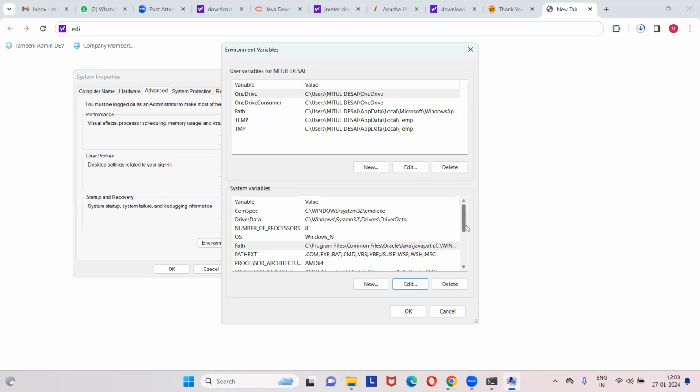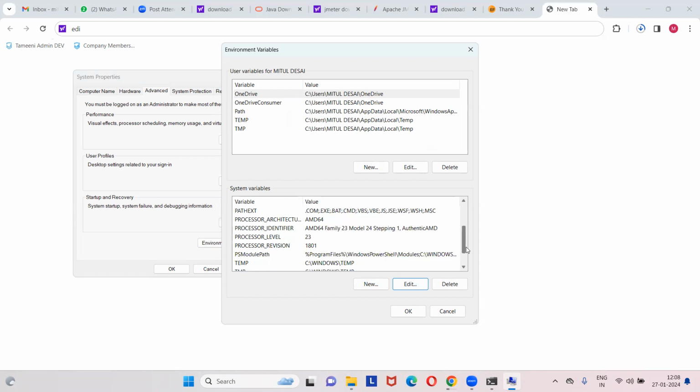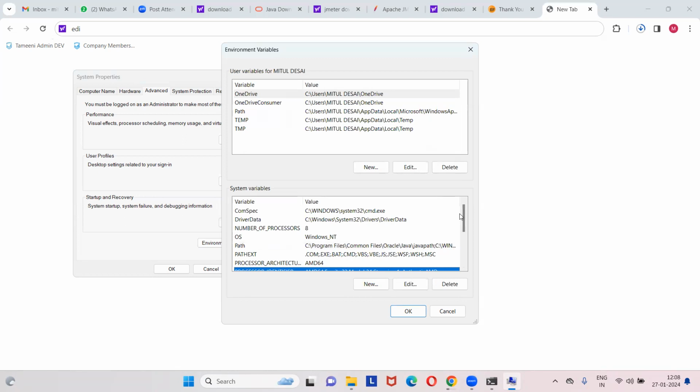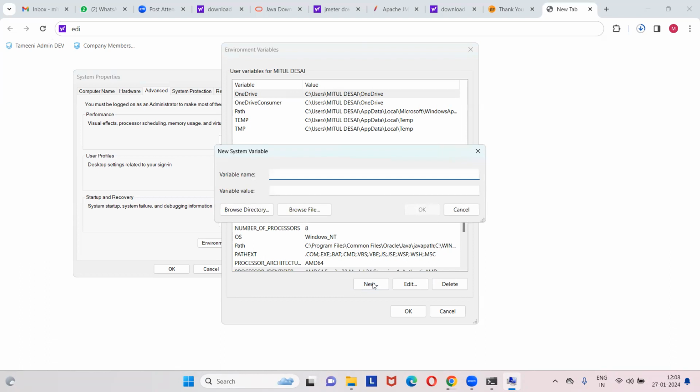Are you able to see any variable with the name of Java? No. So it's my advice, you can create it. Just click on new under system variables. Click on new. Yeah, very good. And in the variable name, you have to write Java, everything in capital,